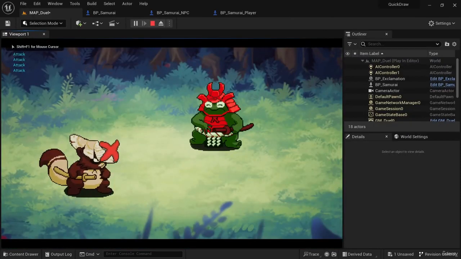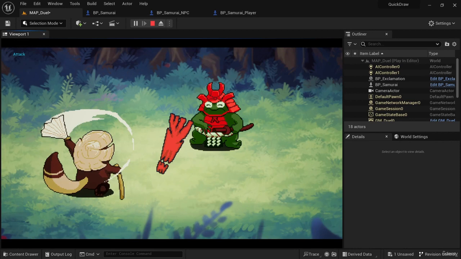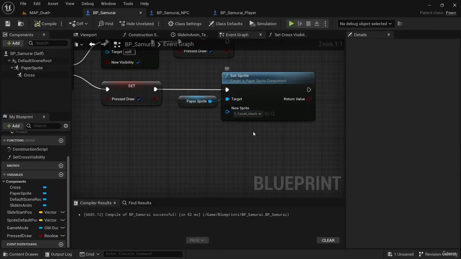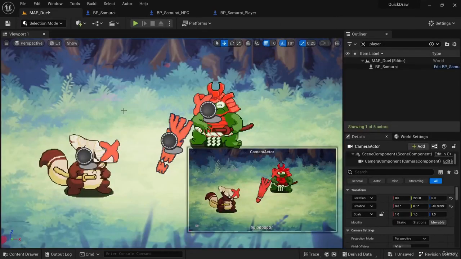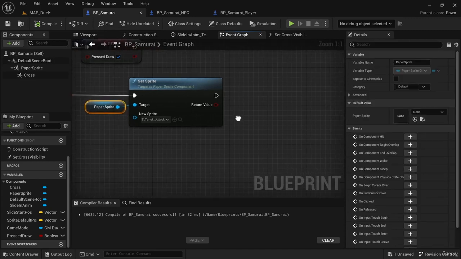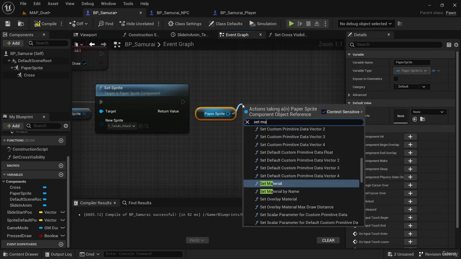If I just press now during the wait state, even after the exclamation mark shows up, I can't press again, nothing happens. But if I wait it out and wait for the exclamation mark and press space, you can see that we switch over to the attack sprite. And everything looks fine here. However, I think I remember during the prototyping phase, the settings on the sprite actually changed after using this set sprite. So in case you don't have any issues here, you don't really need to change anything, but just to be sure, we can get the paper sprite again and set material,